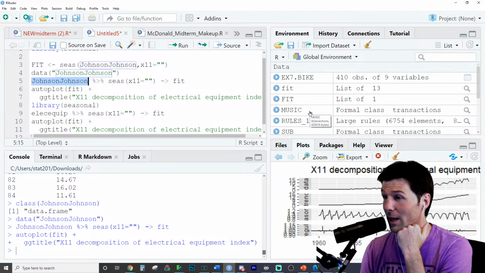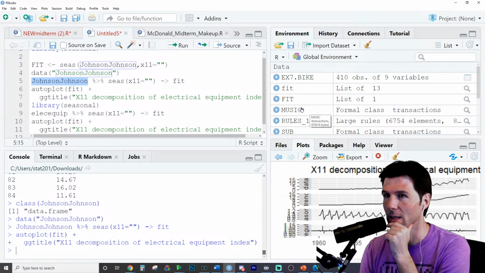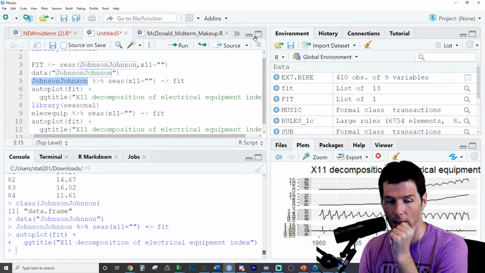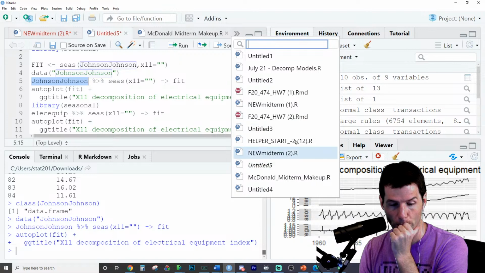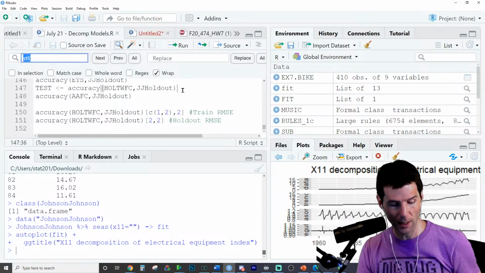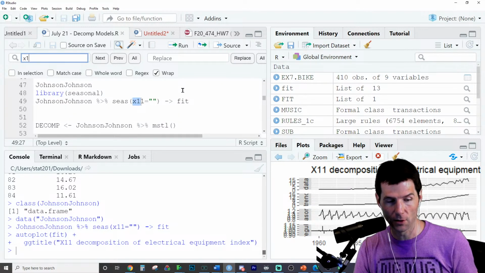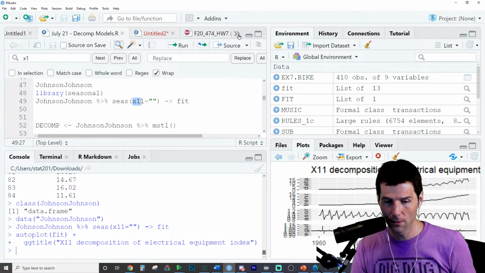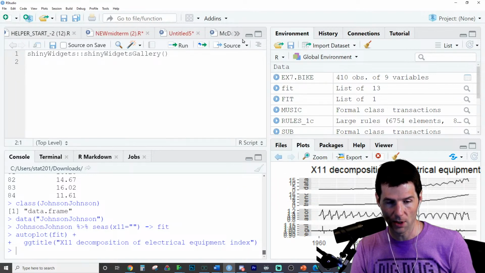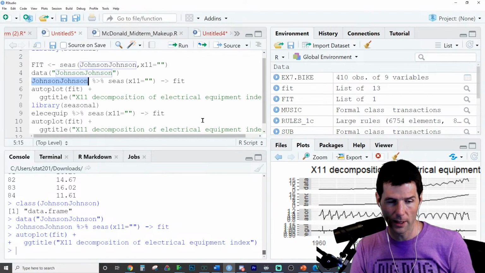I guess the X11, which I ran a little bit last night, is over here in my decomp notes. I ran the X11 a little bit when I was making sure everything ran. There it is right there. I was like, everything ran, and then I don't want to do examples I haven't done a bunch of times. So we'll leave the X11 out.